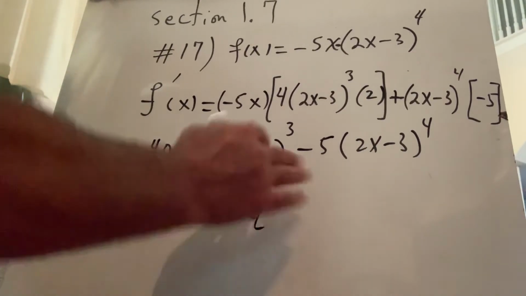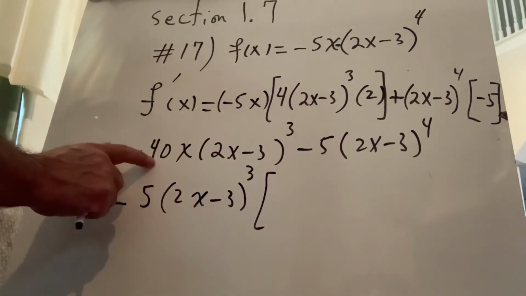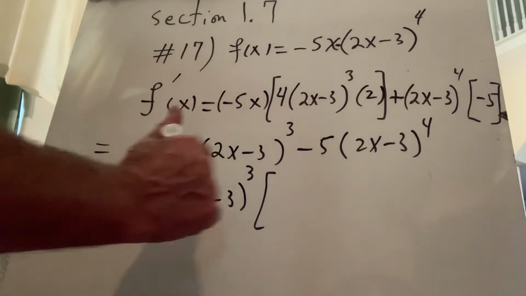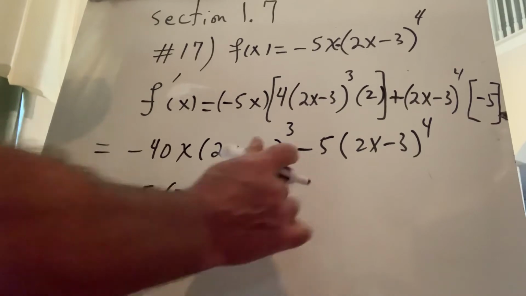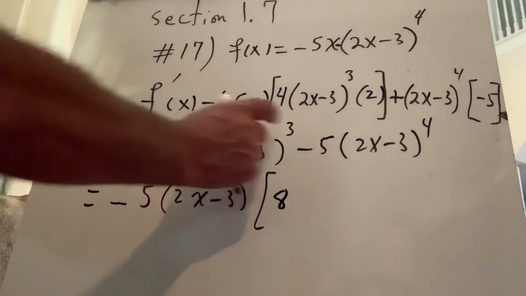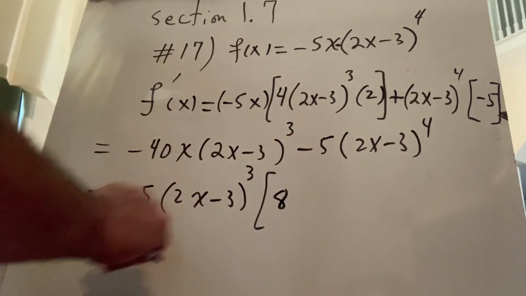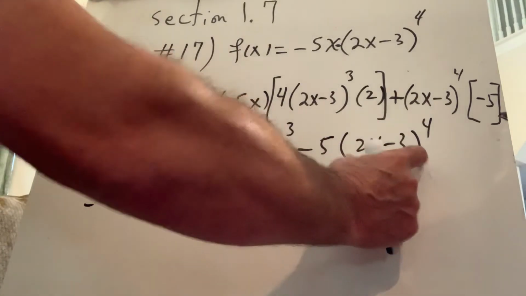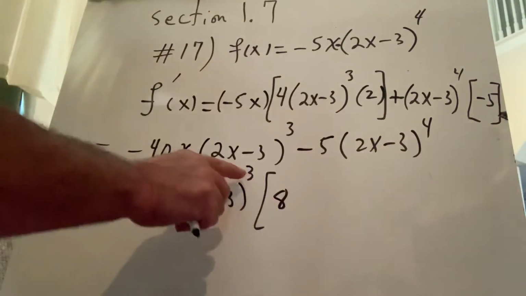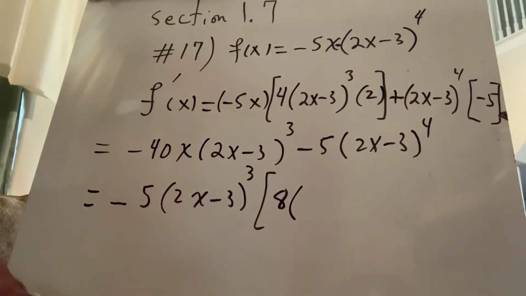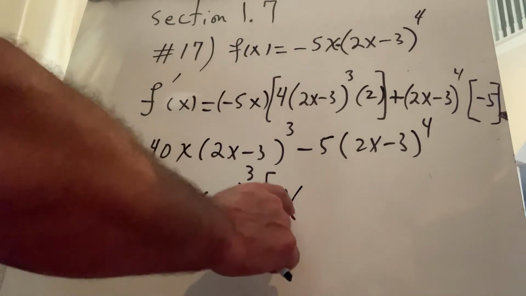Remember, factoring is division. So if you divide negative 40x by negative 5, that becomes positive 8. The 2x minus 3 cubed factors are the same, so that's all you get there. And then for this one, the negative 5 cancels each other, except you have one more factor of 2x minus 3, because this is to the fourth power and you only factor out the third power. But don't forget to put that inside the parentheses, so that'll become